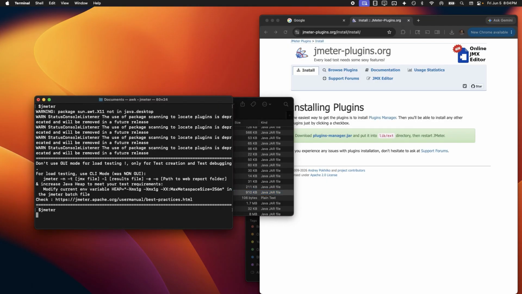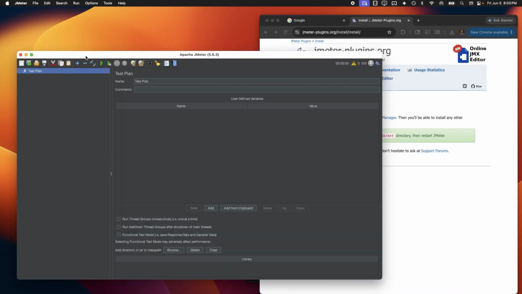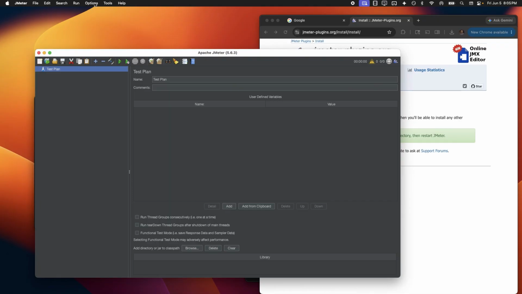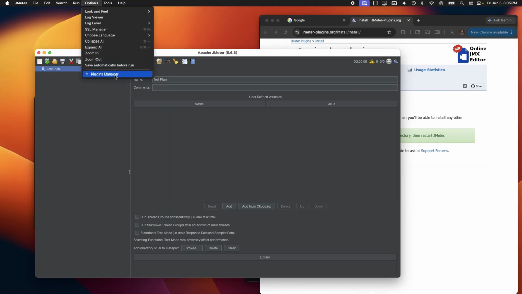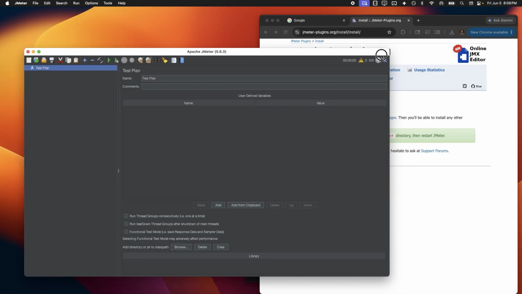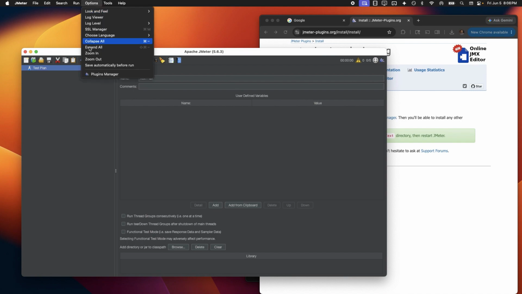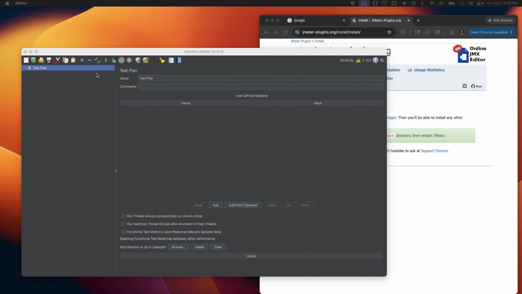So go to your command prompt and then restart it. So we closed JMeter and are opening it now. So here we have restarted JMeter. Now when you click the options menu, you see the plugins manager, and you see the icon here, and you will see a similar button at the corner of the JMeter window. You can go either way, and when you open the plugins manager,